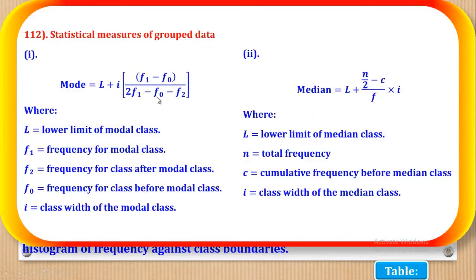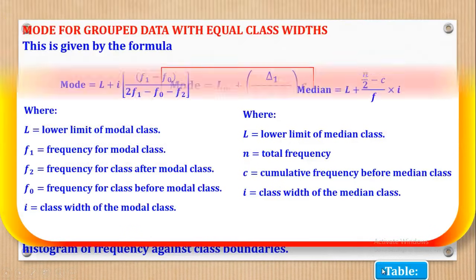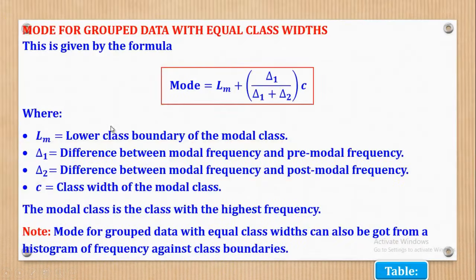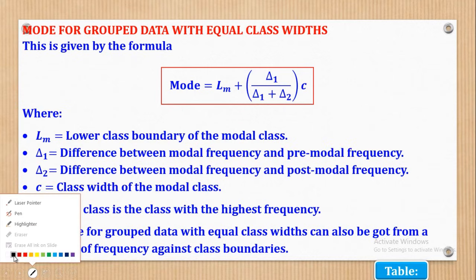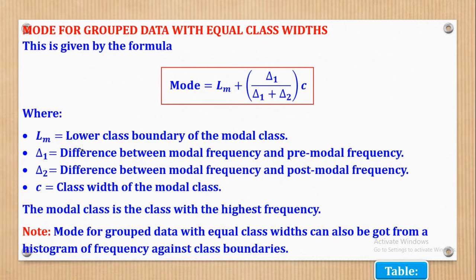we have this formula. So for this, let's first look at this one, then we shall compare it with the one in the table. So this one, delta 1, okay, L_M is the lower class boundary of the modal class. We shall see what a modal class is if you look at this note. Then